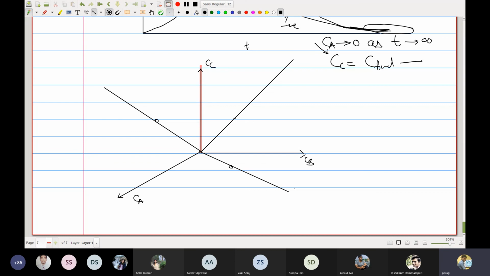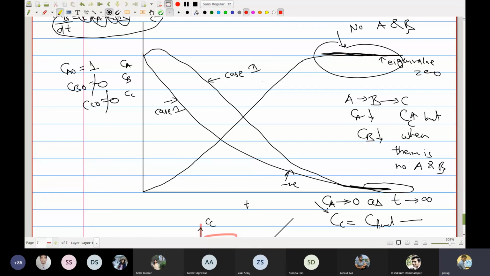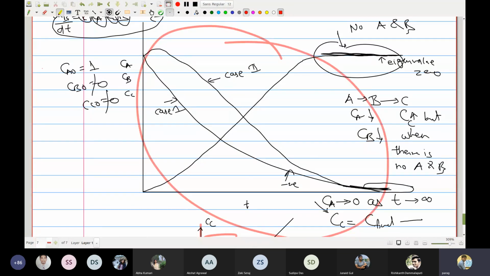And then you will need to fill in these places, these places, and so on. Practically it's not possible, but the idea is that you should know that a phase portrait something like this exists, and this is the theoretical method to find a phase portrait. You can find all sorts of combinations, and those combinations will all lie on this particular graph. So this is how the phase portrait would look like.